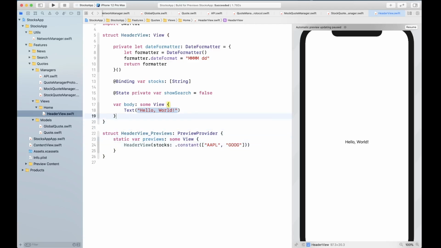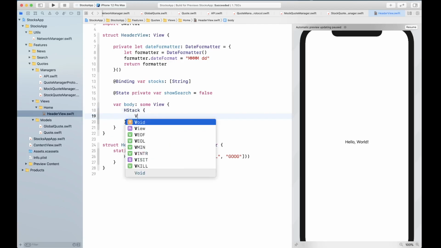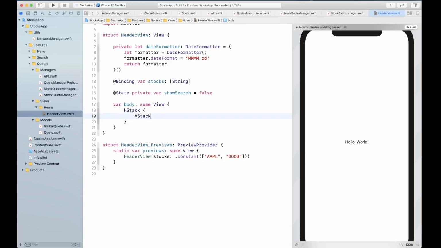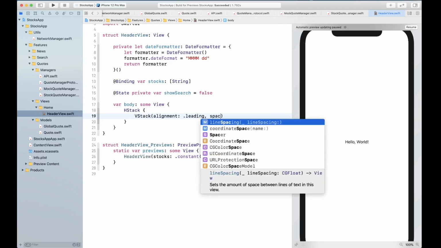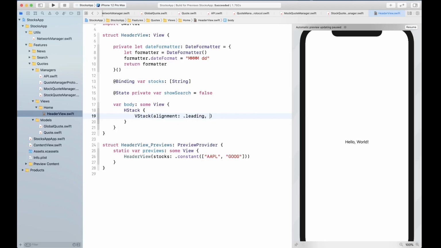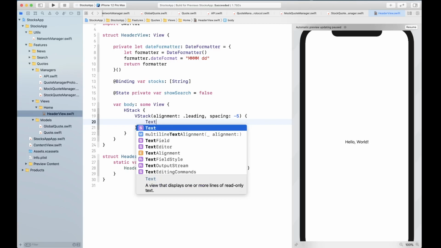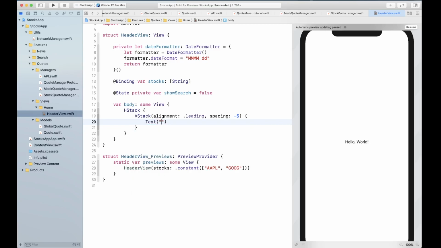Okay. All right. Now here, what we're going to do is create an HStack first with a VStack, and let's try alignment for this is going to be leading, spacing is going to be -5, and then we're going to have a text which is going to be stocks.